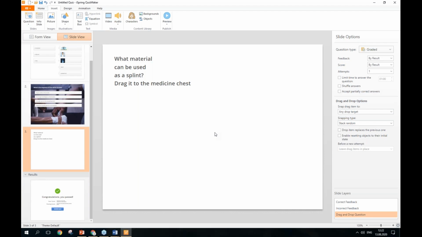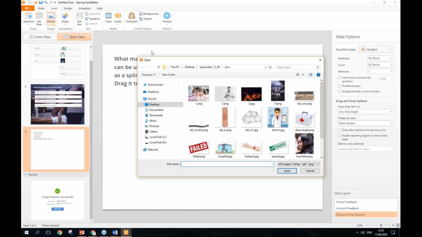Right now, you can set up drag and drop question for forms, for shapes and pictures, and I will use pictures in my question. So to do that, I will go to the Insert tab right here and click Picture. I will select all the pictures that I will use in this question just by hitting Control on my keyboard and selecting them from my resource folder,